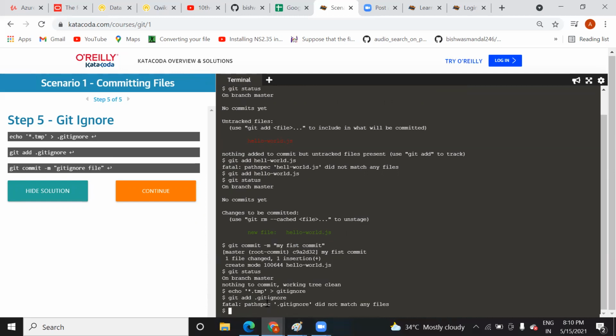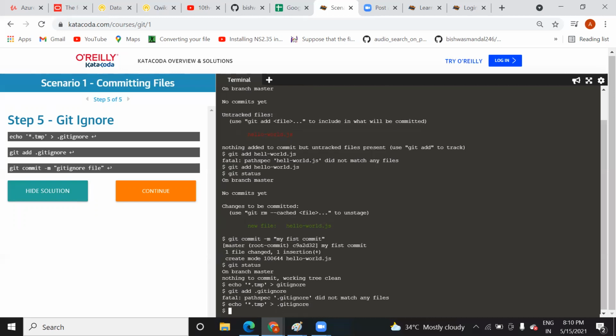Oh, I think I might have missed something. Okay, I have written it wrong here. I have not put the dot here. That's why it was giving an error. You can press the arrow button, page up, and you will come to the command that you have typed. I forgot to add a dot here. That's why it was giving an error.